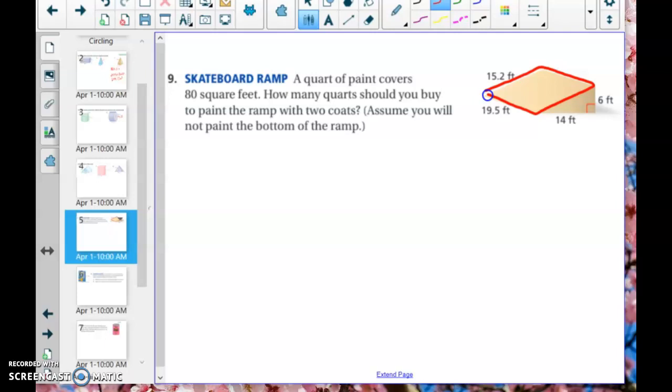So that rectangle there is 296.4. This rectangle on the side over here would be 6 times 19.5. So 6 times 19.5, that rectangle over there is 117. Now we have triangles here and on the back. And the area of those triangles would be 14 times 6 divided by 2, but then times by 2 gives you 84. So the total surfaces that you have to paint added together means you have a total surface area of